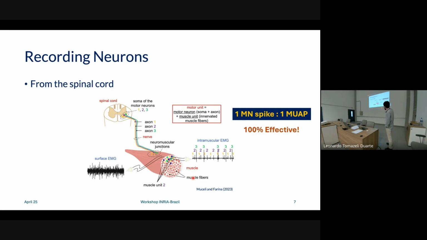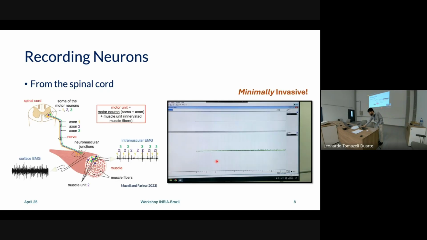But using, for example, intramuscular electromyogram or surface electromyogram, we can open a window into this nervous system and see this information from these motor neurons in the periphery, in the muscle. And this is one example